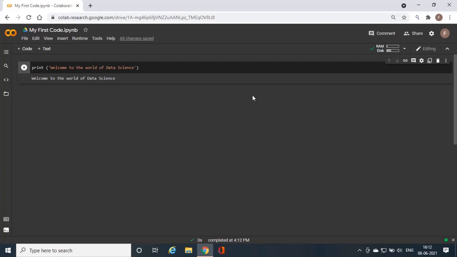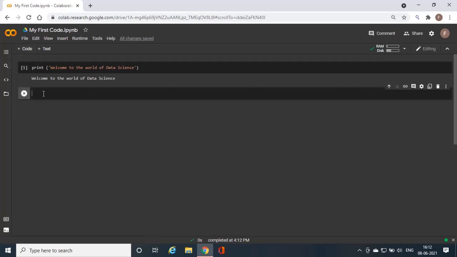So to add a new line here, I'll click on this icon where it says code. Now I have another line. In this box, I'll write print, inverted commas, and then I'll type hello world. And again I click on this run button. Once I click on this run button, it will execute the code. Now it says hello world. So this is the existing code which you are writing in this workbook, as we have done in a Jupyter notebook.